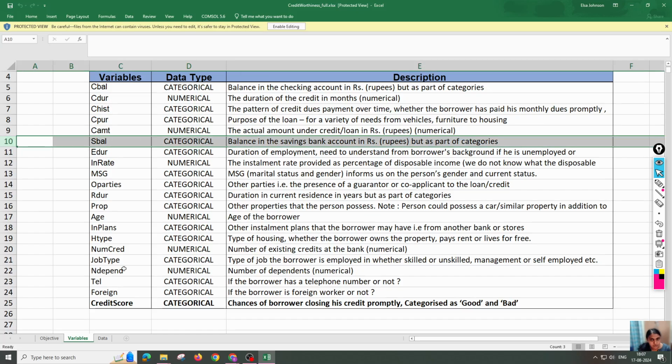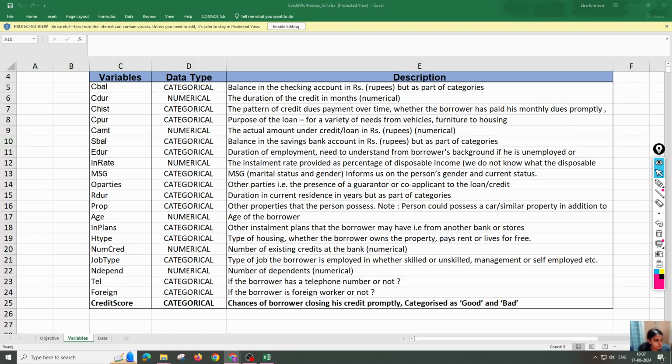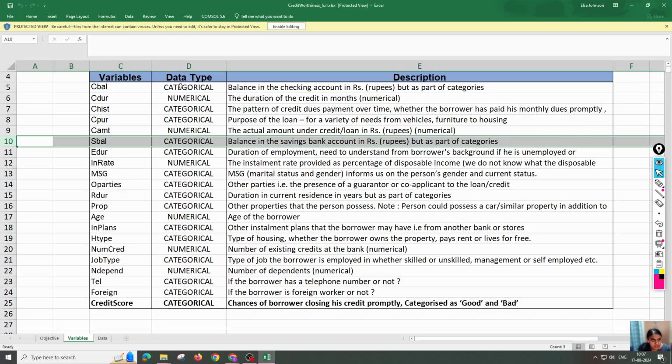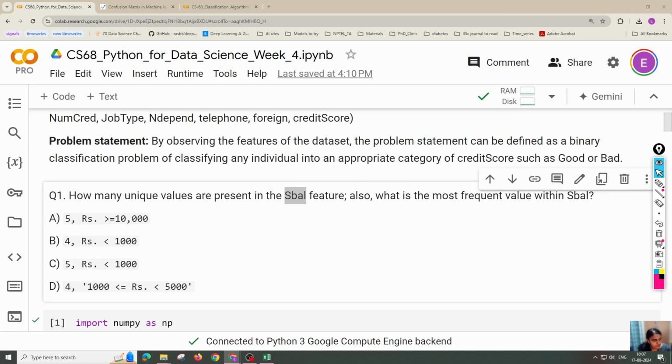SBAL is balance in savings bank account in rupees, but it is given in terms of categorical values. So there are many different categorical as well as numerical values present in that. Anyway, how many unique values are present in the SBAL feature, and what is the most frequent value within SBAL? Like last time, you can go to your